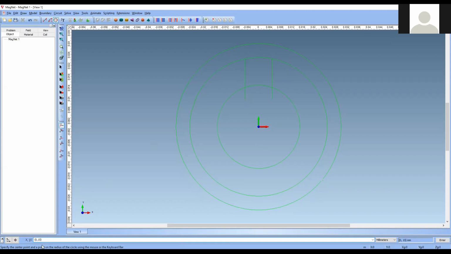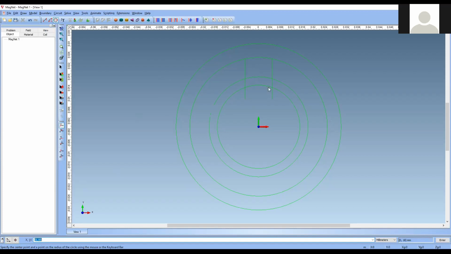Now again, I will specify my starting point. Now I have started. My radius will be, say, 18. Now it is somewhat okay. So again, I need to draw a line here to get a teeth. This is the stator core and this is the teeth and this is called the pole shoe, teeth pole shoe. So now create a shoe.